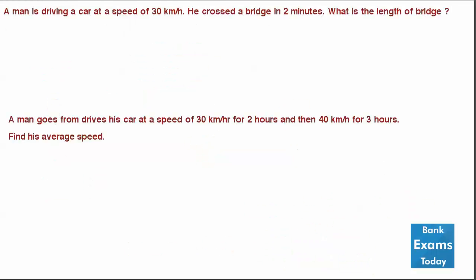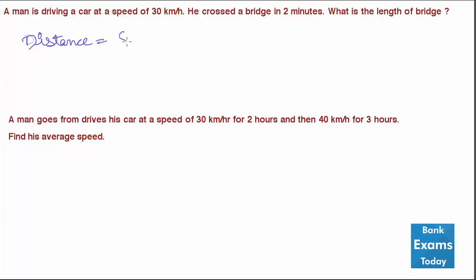Let's do a simple question. A man is driving a car at a speed of 30 kilometers per hour. He crossed a bridge in 2 minutes. What is the length of bridge? So the simple formula to find the distance is: distance is equal to